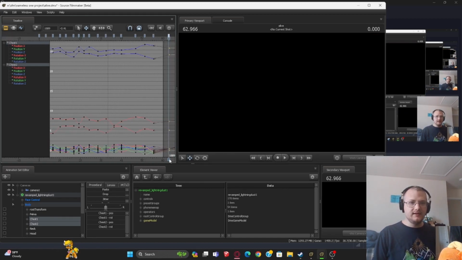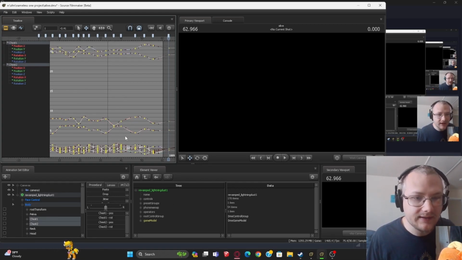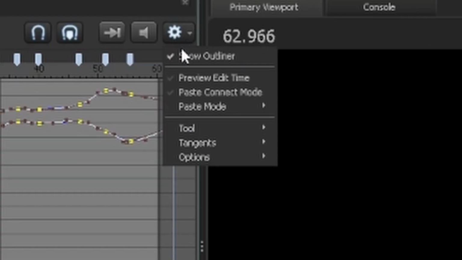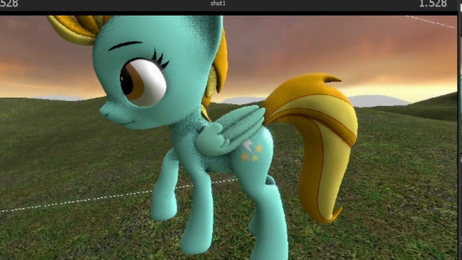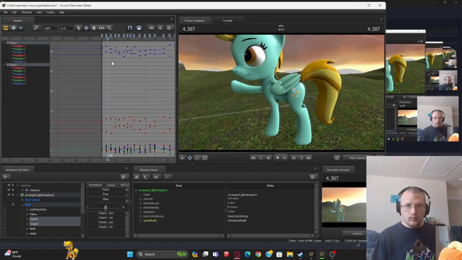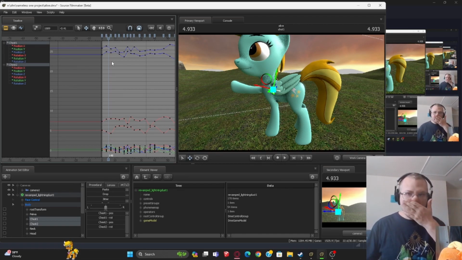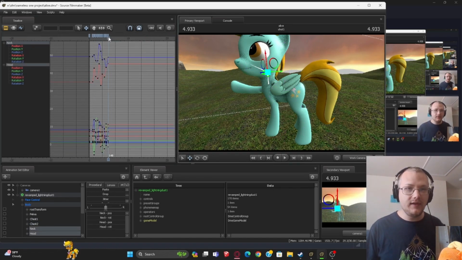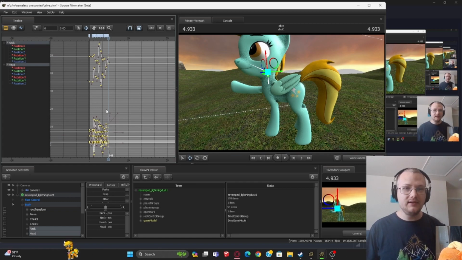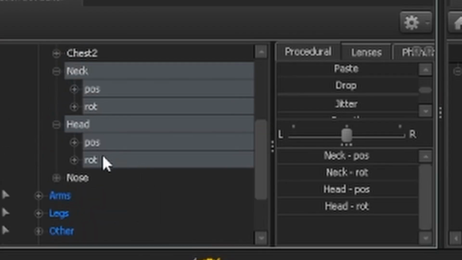And then we're going to select all of these and press 3, which makes everything a little bit smoother by setting the tangents to spline. It looks like he's now breathing, which is what we wanted. It makes him look more alive. And you can also do this using the neck and head. Instead of doing all of this, you can actually use the random integer to make his head move without your assistance. In order to do that, I would suggest going into head and neck,